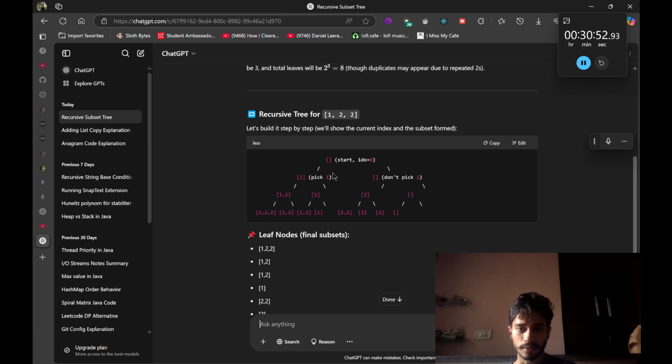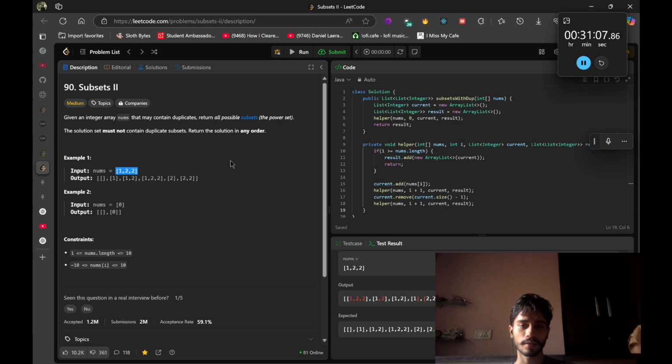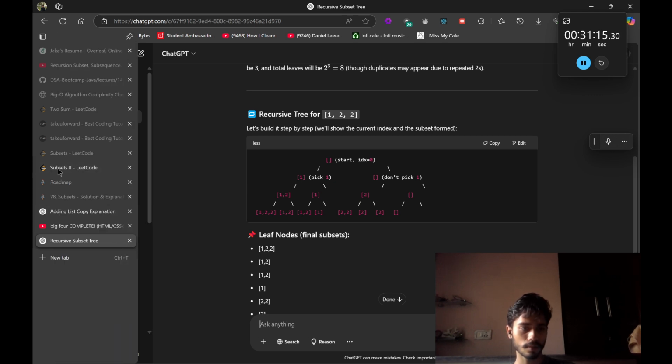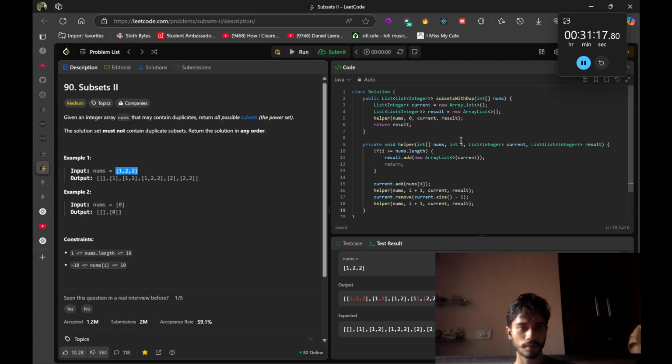We start at 0, we pick or we don't pick 1. Now alright, so I'll tell you how the backtracking works. It's at 0. There is a reason why we have this current.remove thing with us. So the reason is that